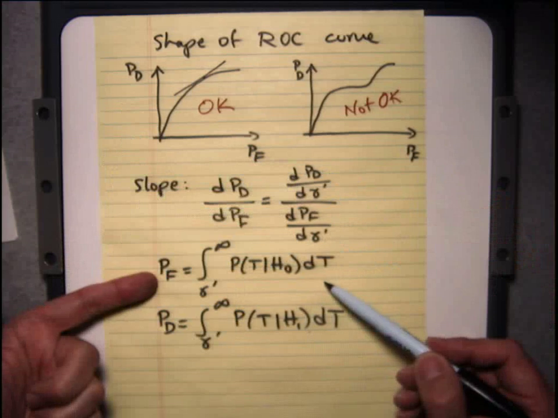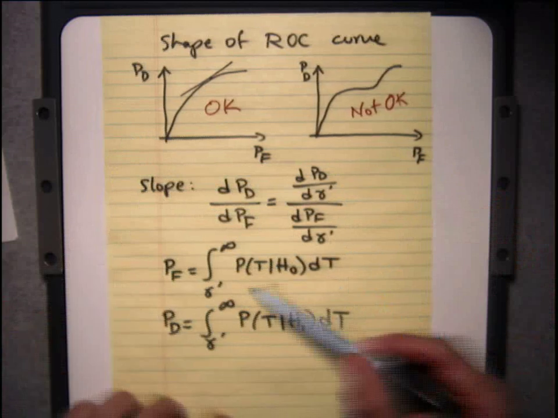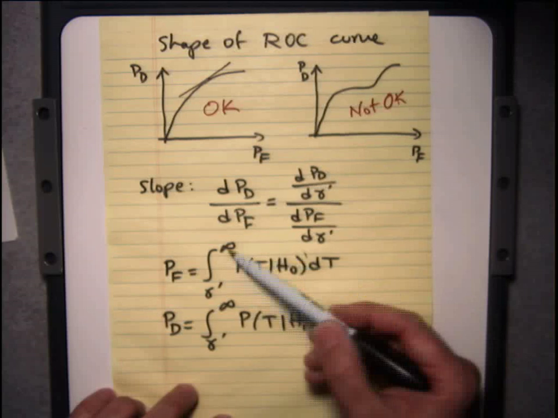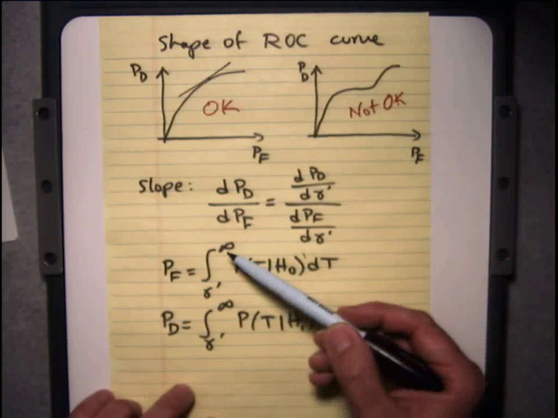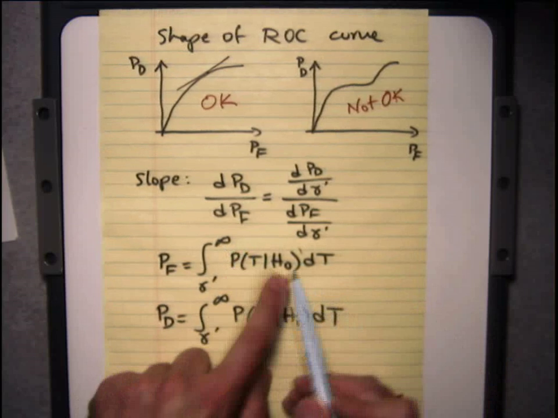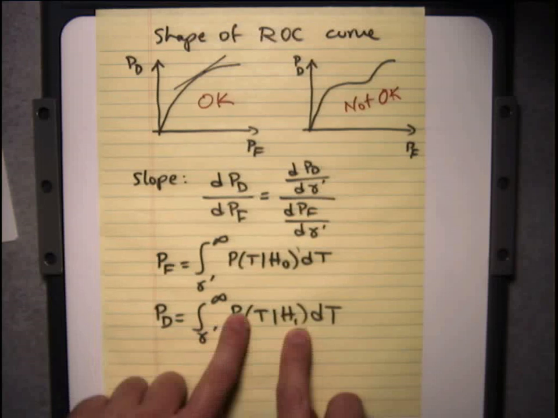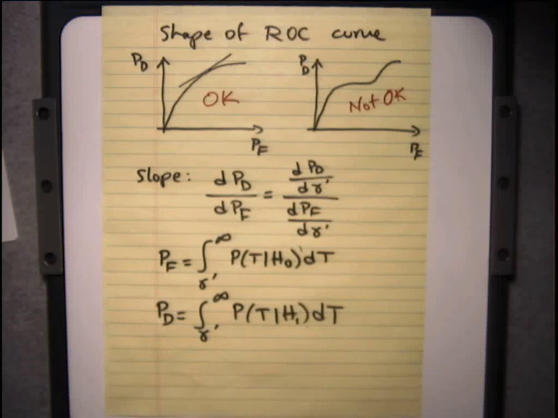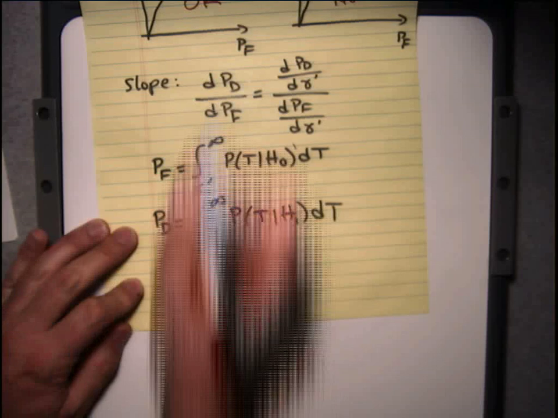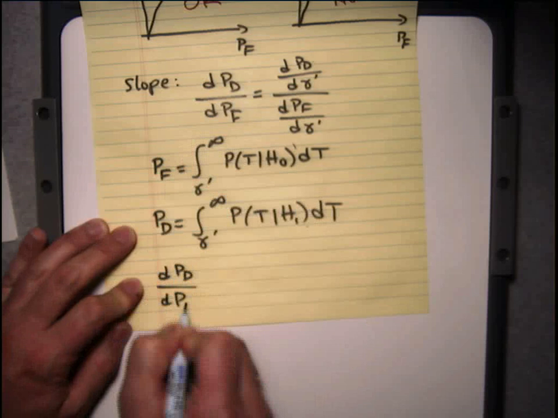If you take the derivative of this integral, what do you get? You get the integrand evaluated at the endpoints, just the fundamental theorem of calculus. Now, p(t given H0) at infinity, we're going to assume that's 0. We're going to assume that the PDF dies out, so it's not big at infinity. Same here. Therefore, this ratio, dPD/dPF, becomes